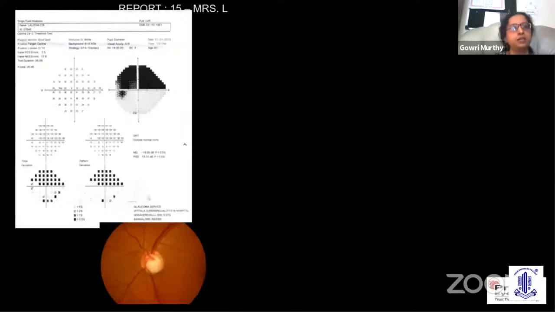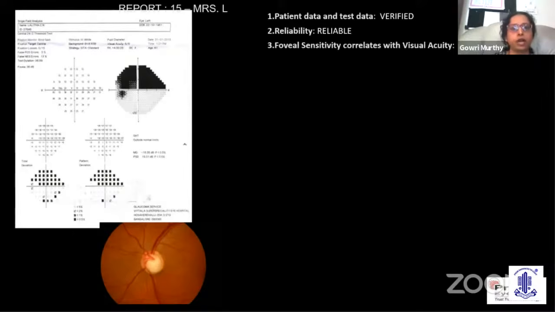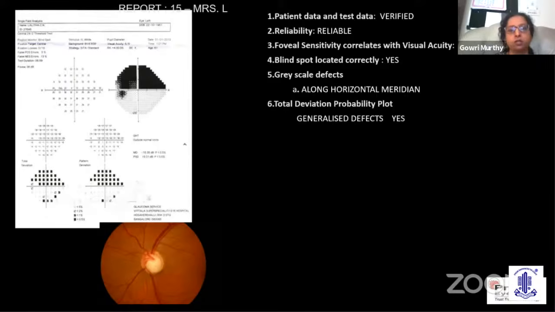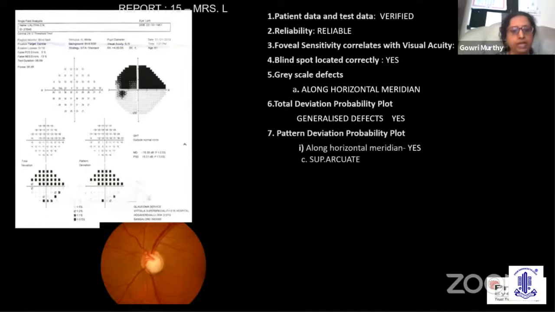So the next visual field, again, patient data verified, reliable test, foveal sensitivity correlates with visual acuity, blind spot is located correctly, grayscale defect shows a superior defect which is respecting the horizontal meridian. TD plot and PD plot are very similar, so there is only a localized depression in the superior hemifield. Is the fixation involved? Yes, it is very near fixation over here,